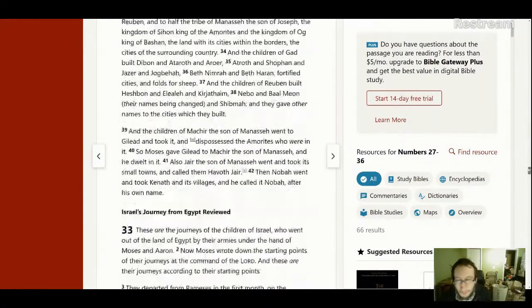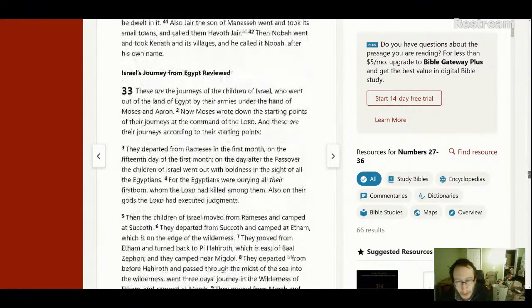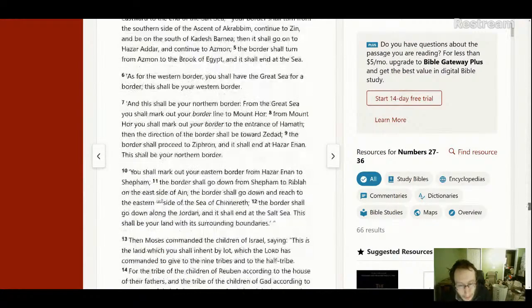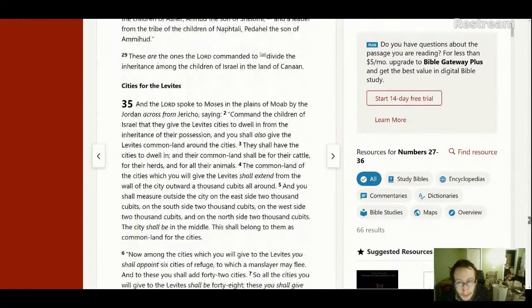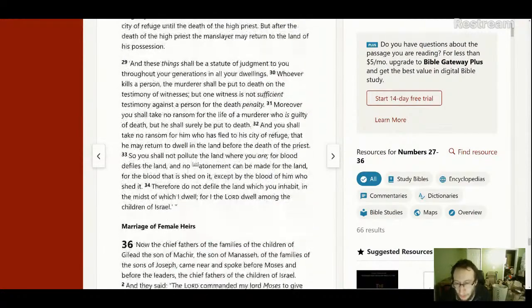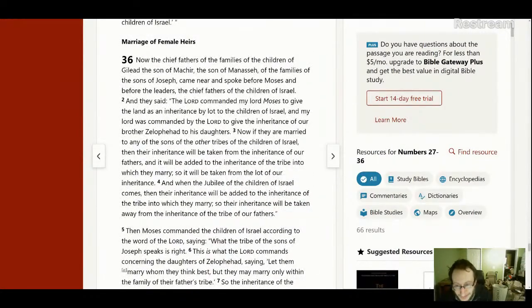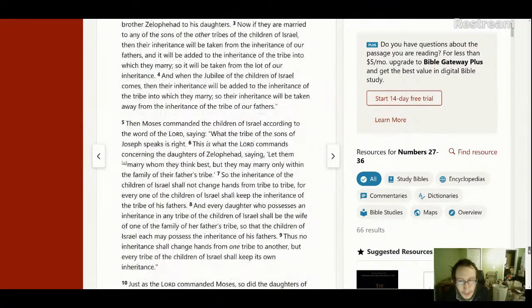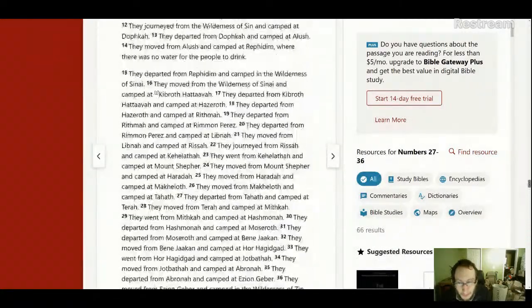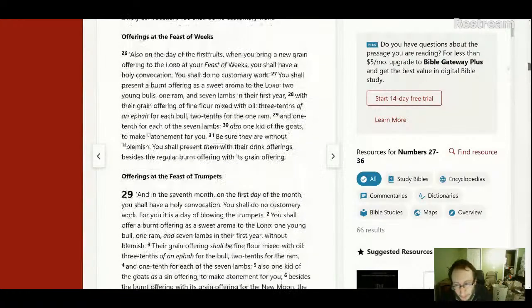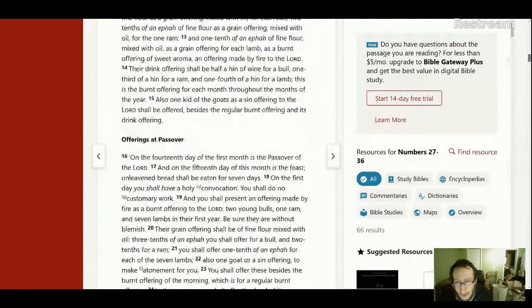And then there's a review of the journey mentioned, appointed boundaries. And then there's the cities for the Levites. The cities of refuge as well are mentioned. Okay. Then it goes back to the Zelophehad story. In the reworked Pentateuch fragment, instead of that, we have, in the fragment of Numbers in the reworked Pentateuch in the Dead Sea Scrolls, it has